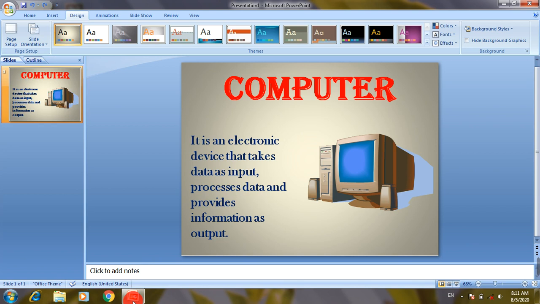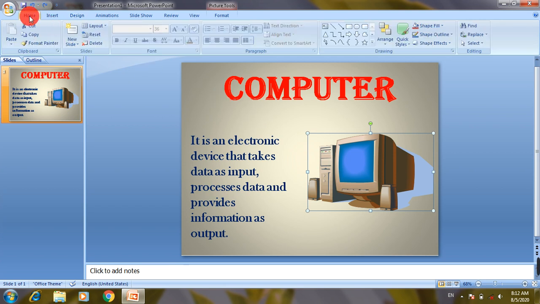So in my previous video, I have shown you how to create a slide like this. In this slide, I have taken text box to enter text. So there are two text boxes here. Here you can see it as a title and here the second one. And I have also inserted one picture here in the slide. So now again I am going to take another slide, a blank slide, and I will show you how to insert pictures here.